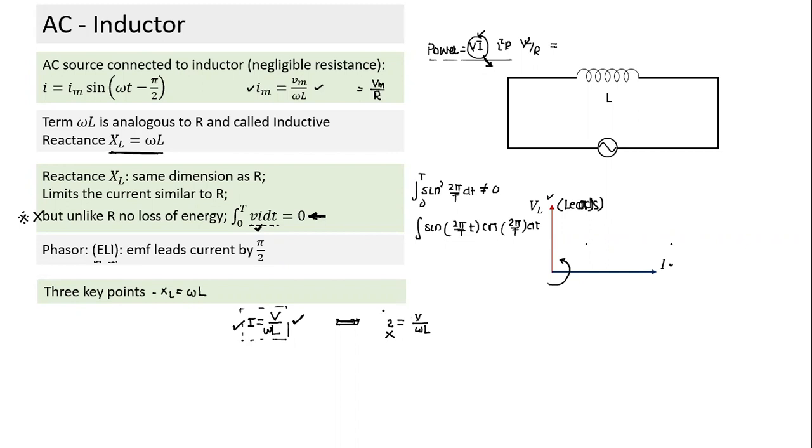Can someone think of why not for instantaneous values? There's a phase difference, right? There's a phase difference between current and voltage. The maximum value of current is not happening at the same instant when the voltage is maximum. So this is true only in case of maximum value to find amplitude, or RMS value, but not in terms of instantaneous values, because they are not happening at the same instant. Okay, so that's the point we need to keep in mind. This is valid, this is valid, this one is not valid.